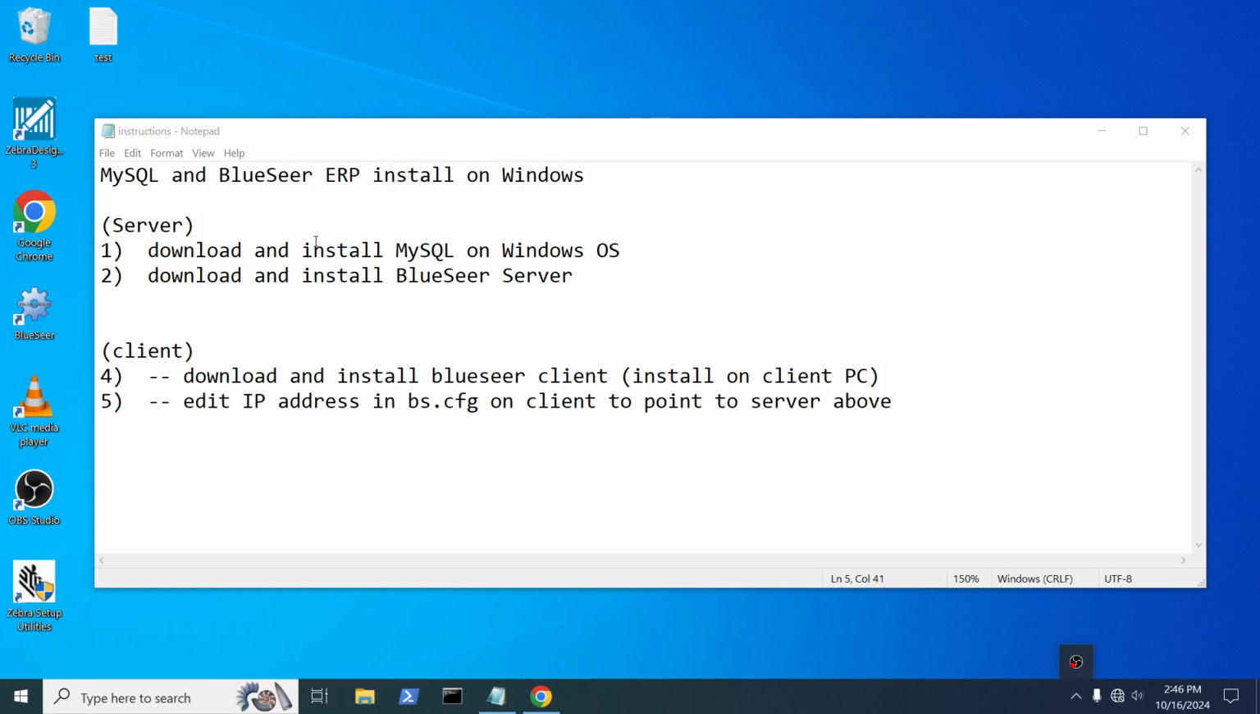We're going to download the MySQL from the MySQL.com website, do the installation of MySQL, and then we're going to install the BlueSeer server portion as well as the download. Now, this has to be done in order. MySQL must be a prerequisite before you load the BlueSeer server application. So that's what we're going to do now. So let's go ahead and